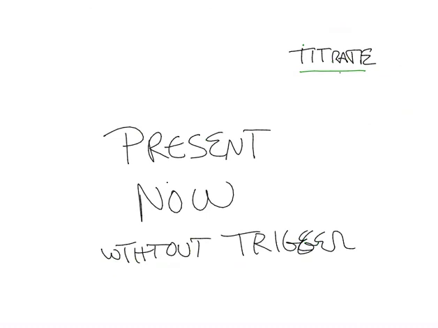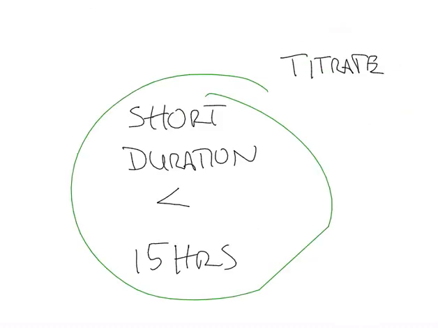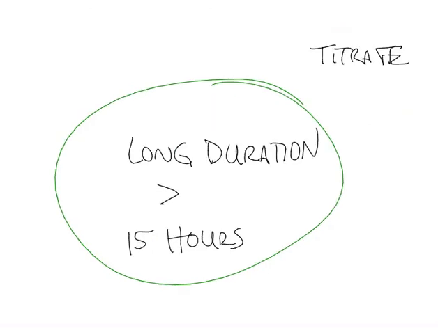So for timing, all we want to know is whether or not it's a short duration, in which it is less than 15 hours, which would suggest something called episodic, or if it's a long duration, which would suggest acute vestibular syndrome. Now, if it is episodic, which means that it is less than 15 hours, really, if it is actively present and hasn't been there for days,